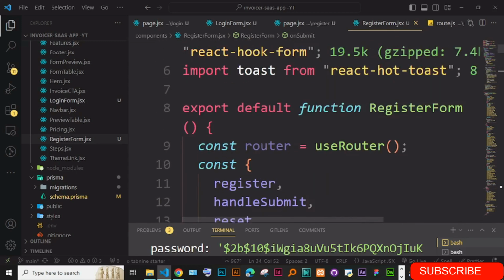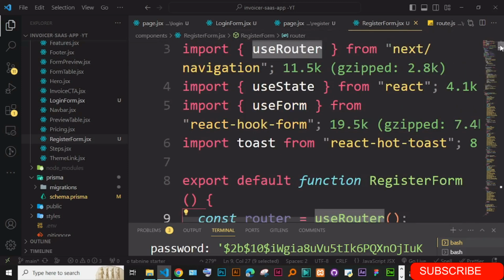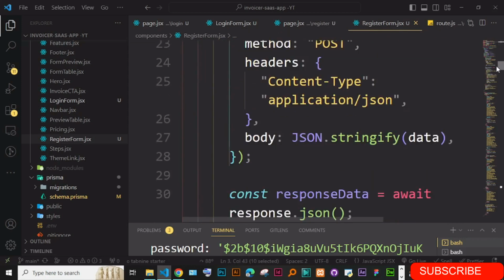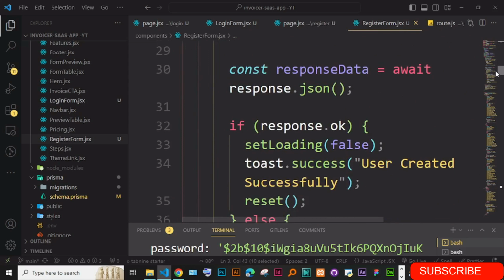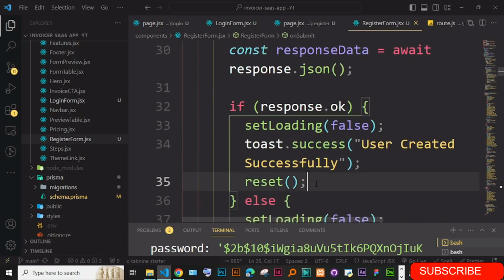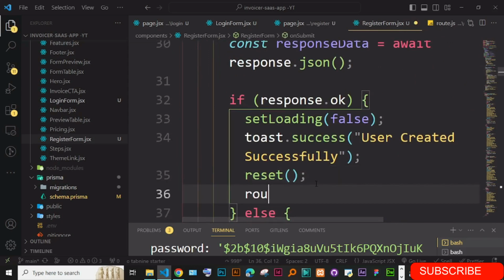So const router is equal to useRouter, and this useRouter is from next/navigation. Make sure it is from next/navigation, and then on this router, down here, just say router dot